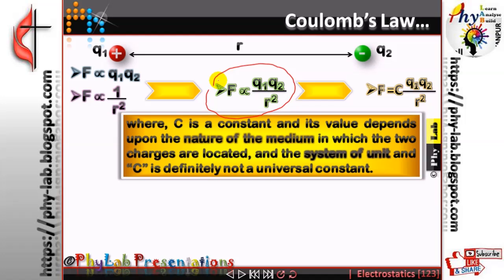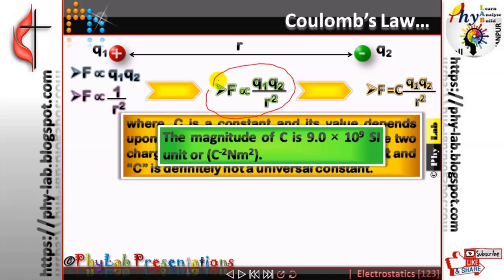This proportionality constant C depends upon the nature of the medium in which these two charges are placed, and it also depends upon the system of units you are using, whether a CGS system or an SI system. That makes this proportionality constant C not a universal constant. The magnitude of C happens to be 9 into 10 to the power of 9 in the SI system of units. And friends,